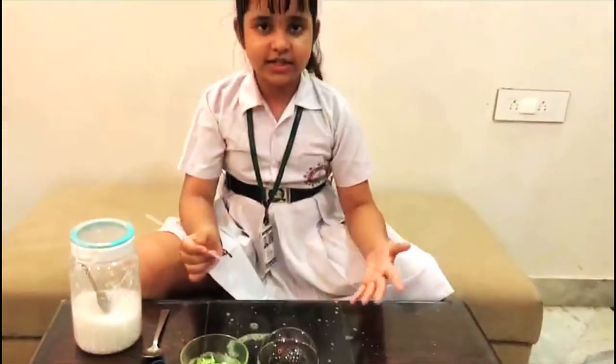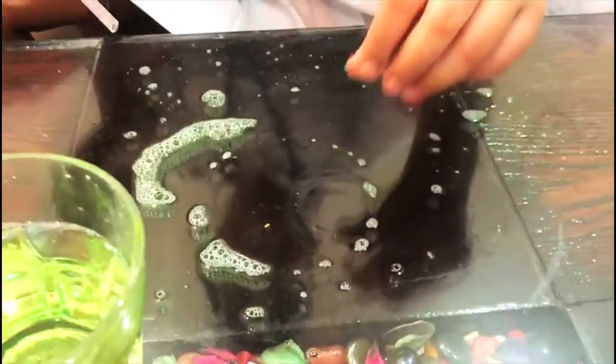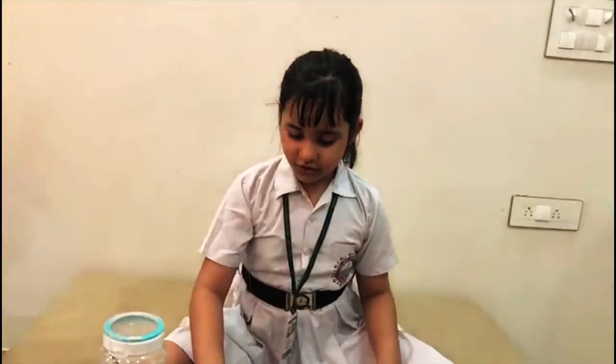So now you can see there is a bubble inside our bubble. So 1 and there is a 2. So you can see